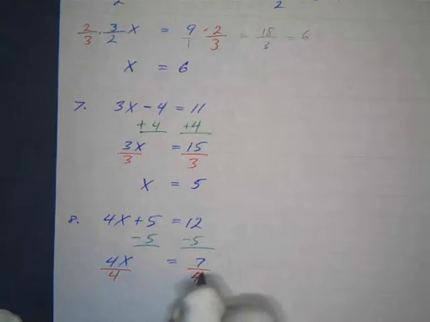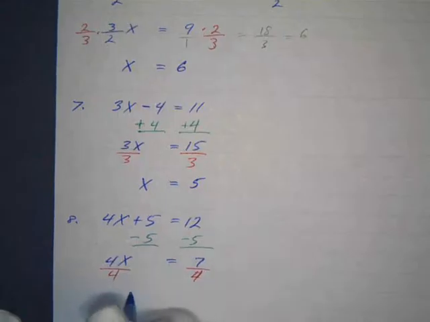Excuse me, by 4. There we go. 4 over 4 is 1. 1 times x is just x. And 7 over 4, that's an improper fraction. You could leave it like that. You don't have to change it